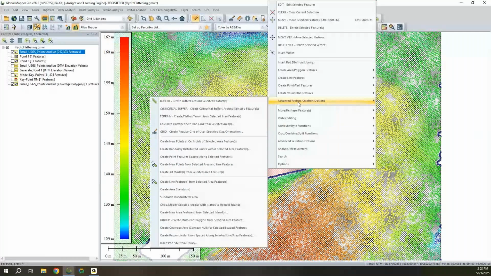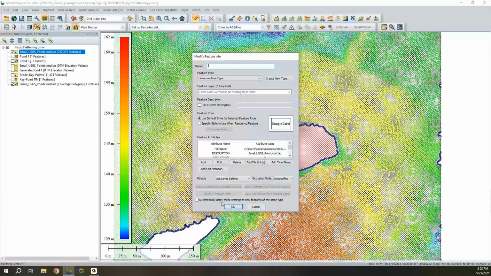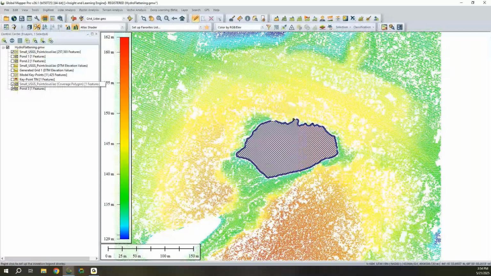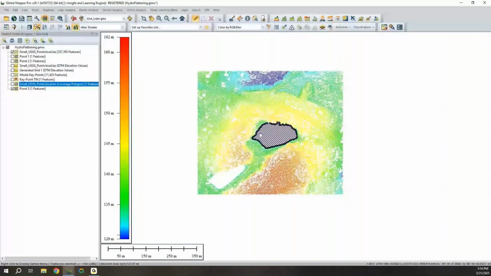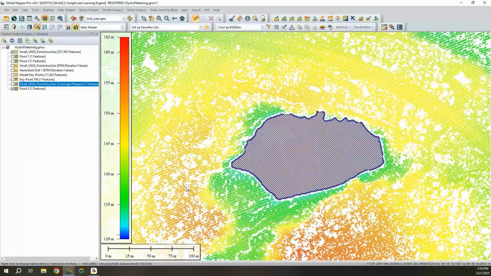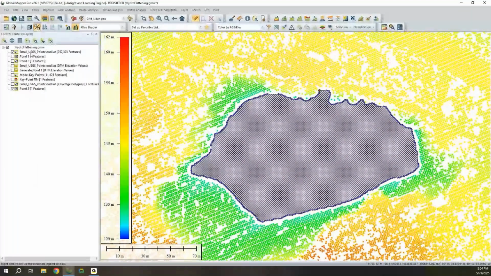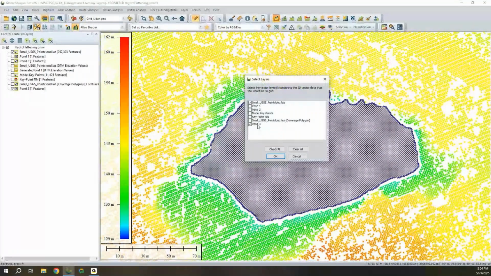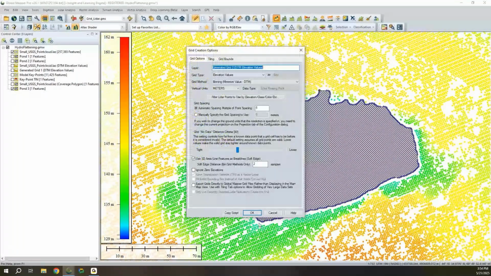Create new area feature from selected island. I'll call it pond 3 because I've already got a pond 1 and a pond 2. So now I'll turn off the coverage polygon, and instead I have an area feature that's pretty close to the boundaries of where that pond is, and I can use it for that hydro-flattening workflow, right? We'll make sure our pond 3 is selected, click OK,